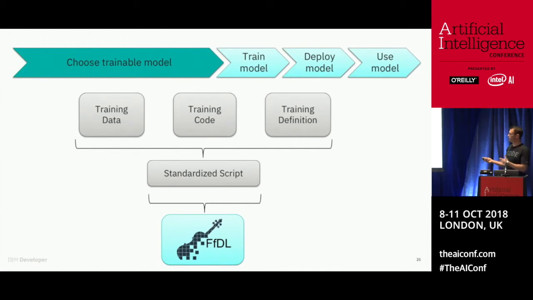And because Fiddle is the core of IBM's cloud platform for deep learning as a service, training on Fiddle and training on a managed service on the cloud is a simple, small configuration change. So you can either do that on your own Kubernetes cluster if you want to go and manage Fiddle yourself, but if you don't want to do that, there's a managed service for that.